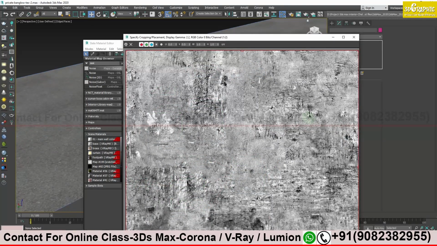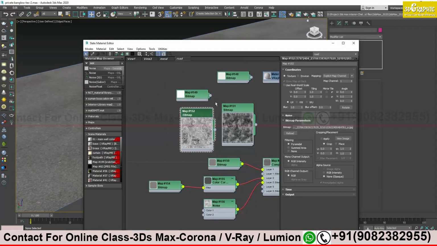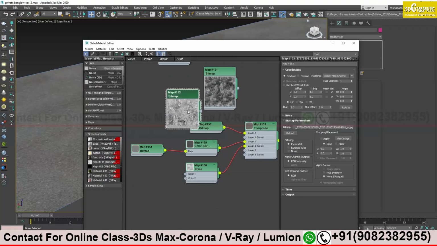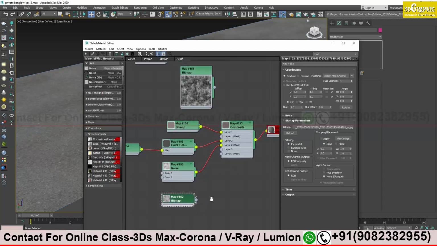Let's take this one, scratches and all. So I will get this scratches effect, and I will apply it on my third layer.